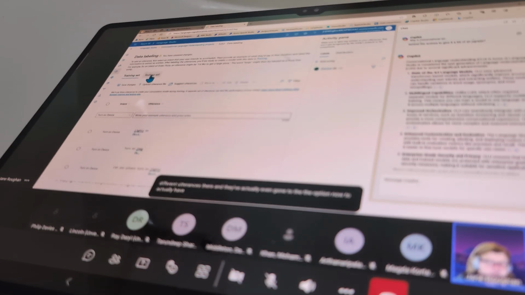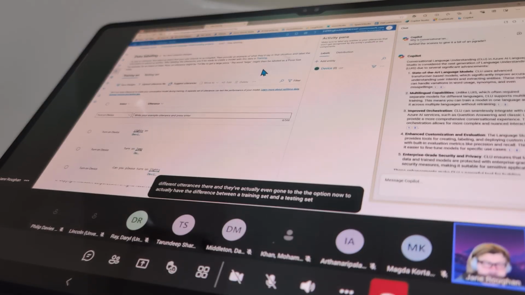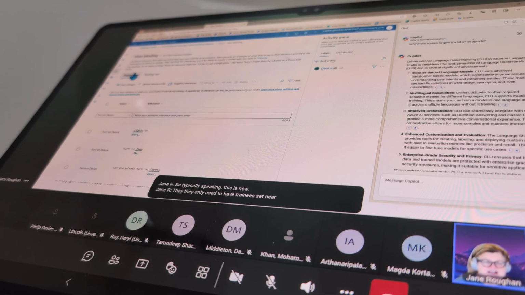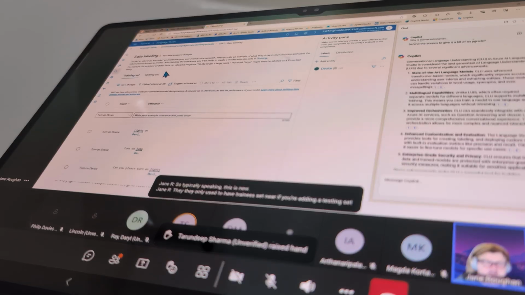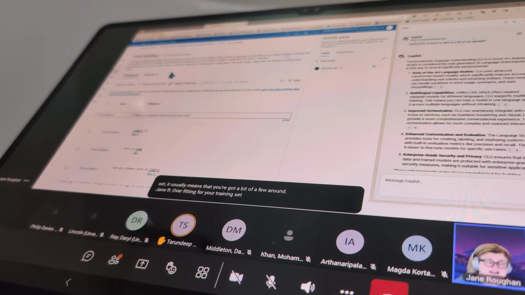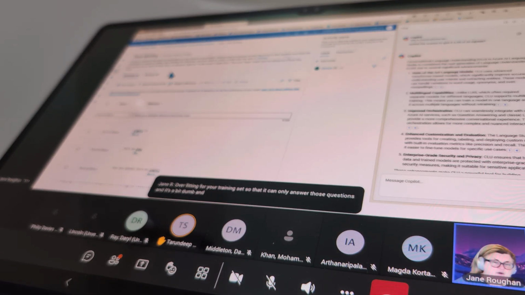They've actually even gone to the option now to have the difference between a training set and a testing set. So typically speaking, this is new. They only used to have training set in here. If you're adding a testing set, it usually means that you've got a bit of a fear around overfitting for your training set, so that it can only answer those questions, and it's a bit dumb and it can't do any more than that. So you add this idea of the testing set, you split the examples, make sure they're quite